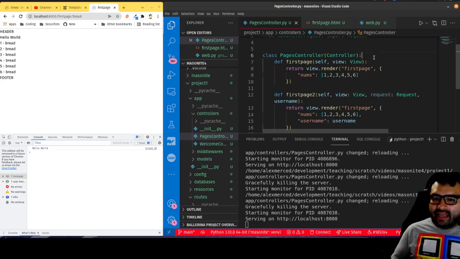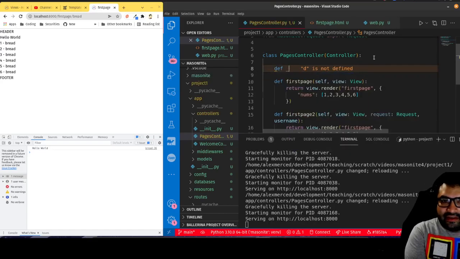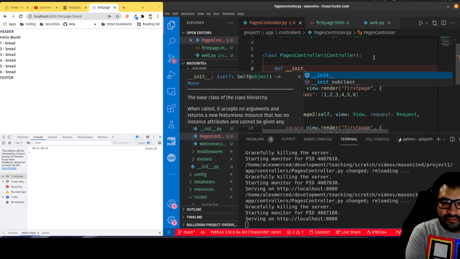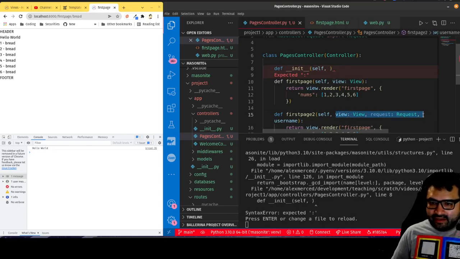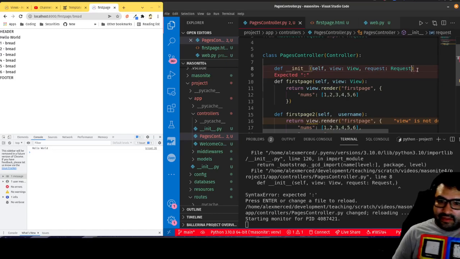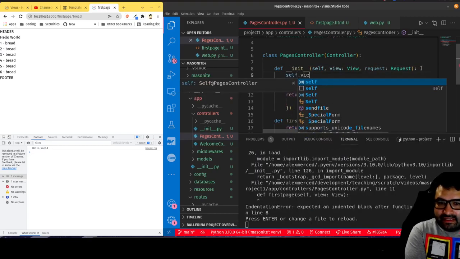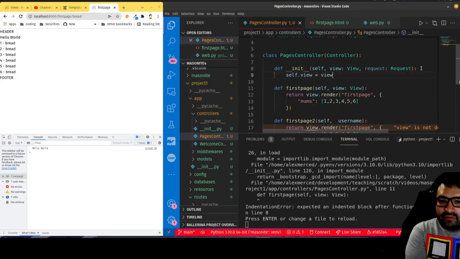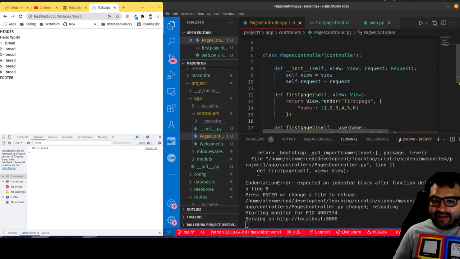So what we can do is take advantage that Python classes, or really in any language, have what's called a constructor. In Python, that's called the init method. So I can say def init, and just say self, and then define the other two arguments. Let me grab the request, Control X, paste that in here. That way I receive it in this method that'll run when the class is instantiated, and then I can assign it to self. So I can be like self.view equals view, self.request equals request,